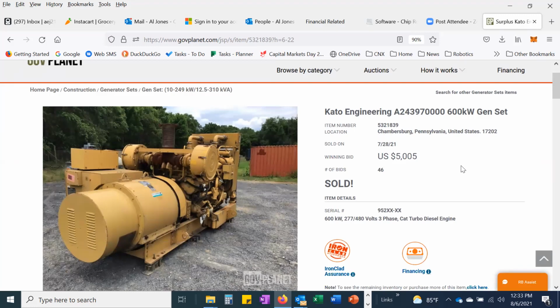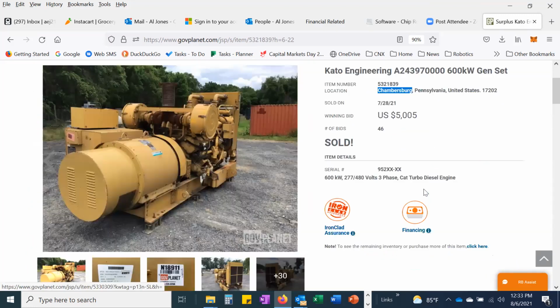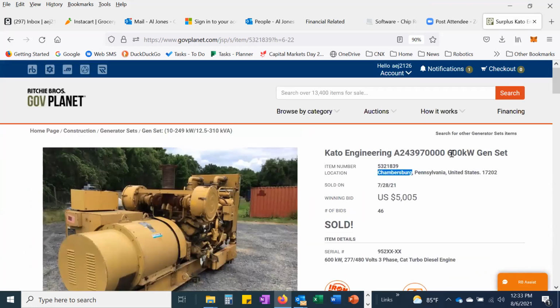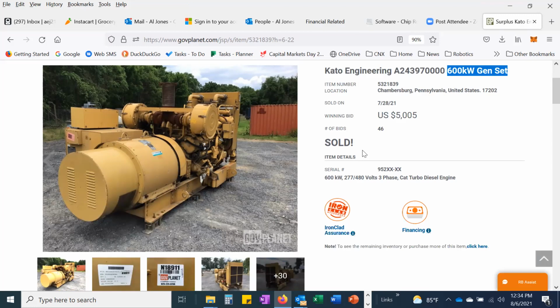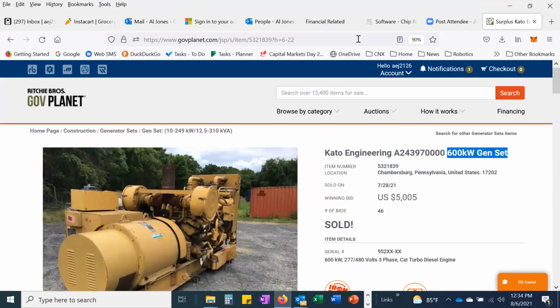That's what I notice on a lot of these auctions. You have to go pick it up, and I'm not going to drive to Texas or Tennessee or New York to pick up something. Chambersburg, Pennsylvania is where this one was sold. But you know, 600 kilowatts, you could power your whole subdivision. You could even sell electricity to CenturyLink, Jeff. Just down below, there's some that had wheels on. So if you buy some with wheels, you might be able to hook onto it and pull it home. Anyway,